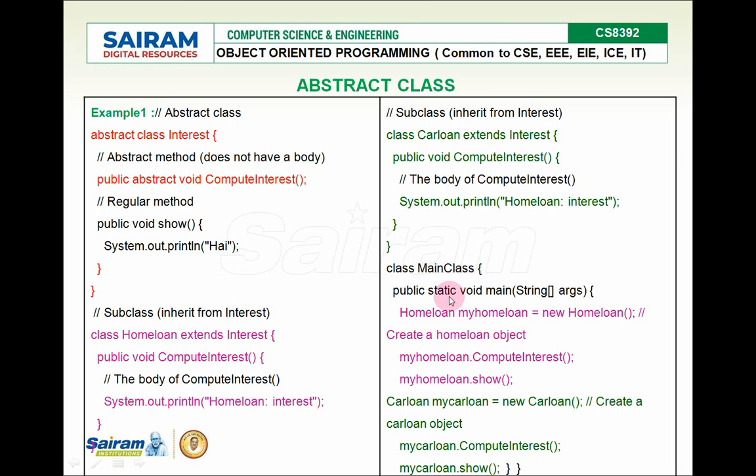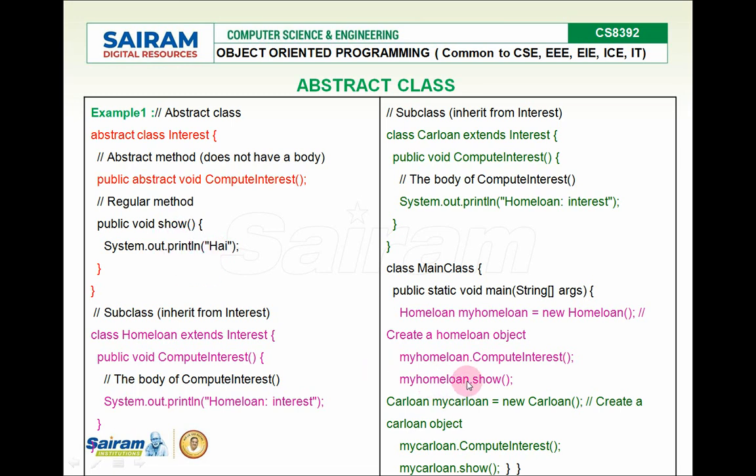So in the main class, I'm creating an object for HomeLoan and calling the computeInterest function, which is defined in the subclass, and is an abstract method in the base class. So that function was called here. Similarly, one more function, the show function, is a normal function which is inherited over here. No need to define it because it was already defined.